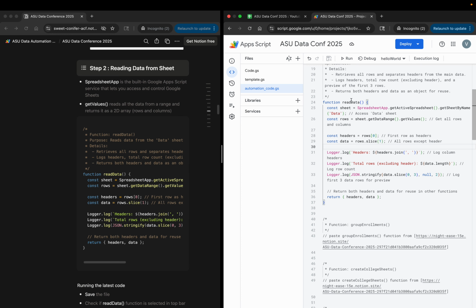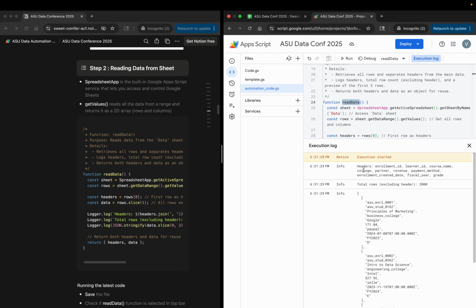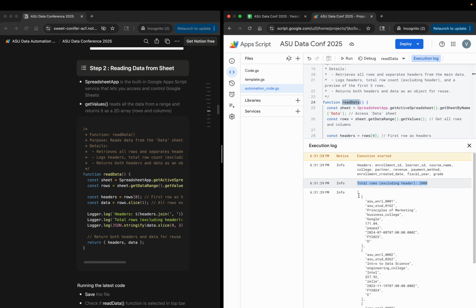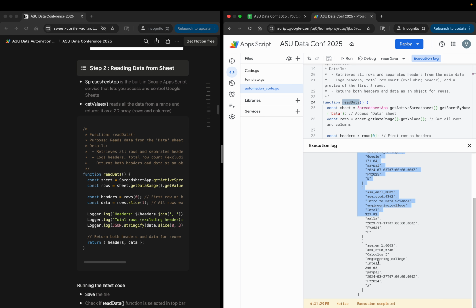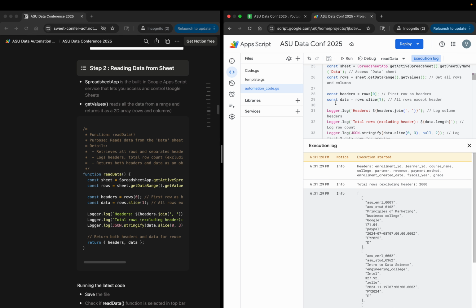Now, in order to run this read data function, I will just select read data and run it. And as you can see on the output window, we can see the column names, we can see the total rows printed, as well as first three rows printed in the execution log. So that's how read data function is working.